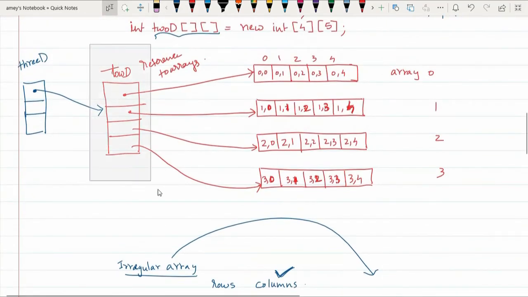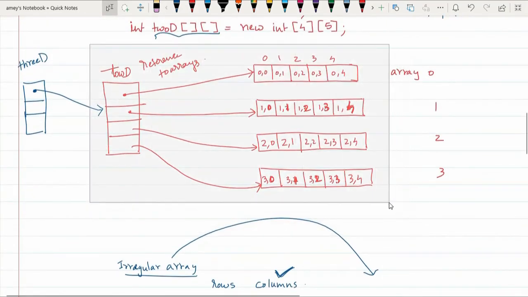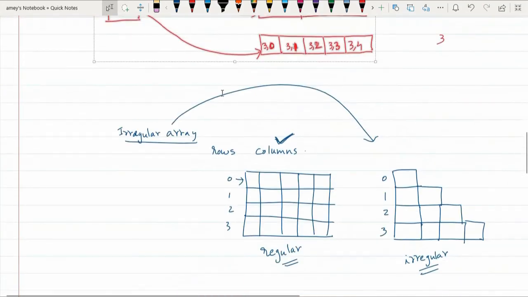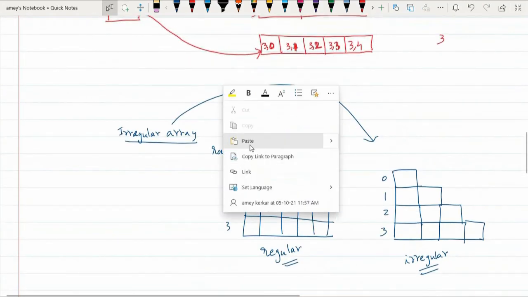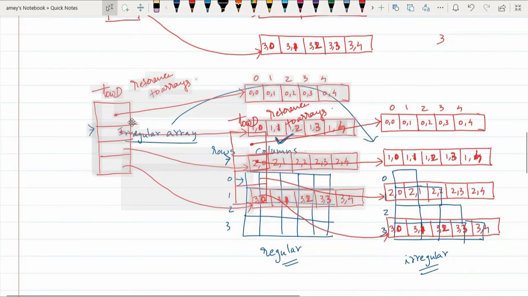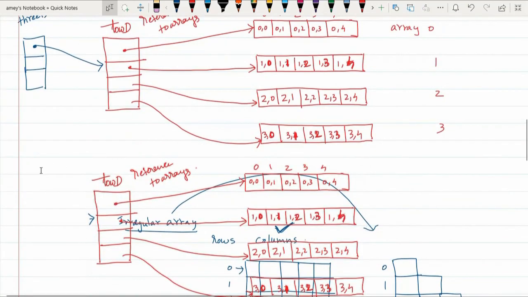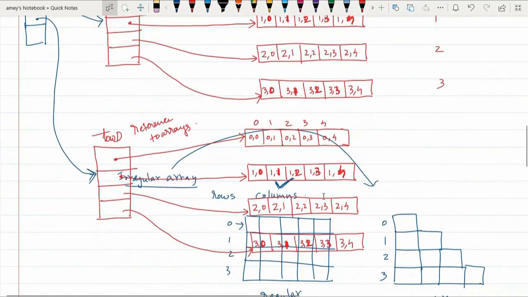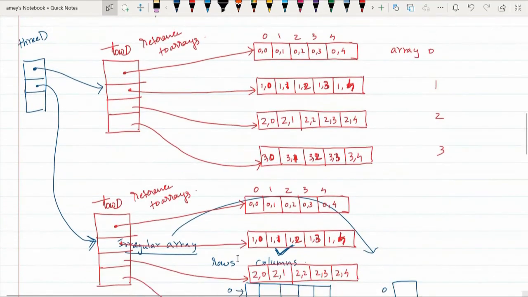Then you will have the same structure again here, and this will point to the next array of arrays structure. This 2D is actually 4 by 5, and this 2D is also 4 by 5, but they are separate.